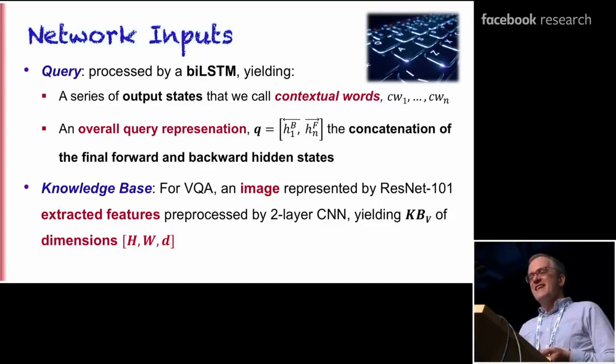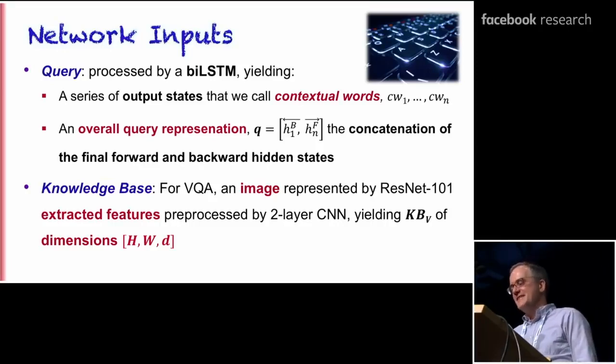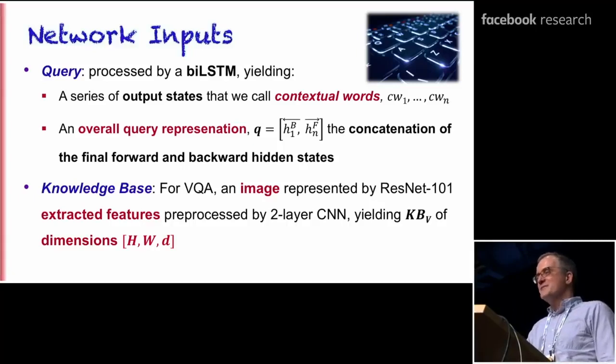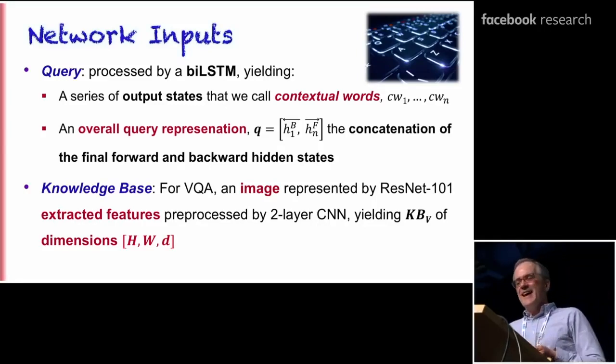Before we get into the details of the MAC cell, we need to have a knowledge base and a query to feed into the MAC sequence. And there is a pre-processing layer that uses pretty standard methods of neural network pre-processing. So the query is processed by a BiLSTM, and that yields a sequence of contextual words, the hidden layer of the BiLSTM, and an overall query representation that's formed in the standard way by concatenating the final forward and backward hidden states. For our so-called knowledge base, that is the image, we're using a completely standard ResNet stack. Indeed, we're using the one that Justin Johnson made,